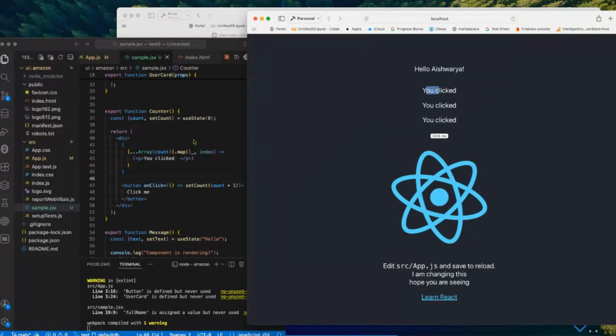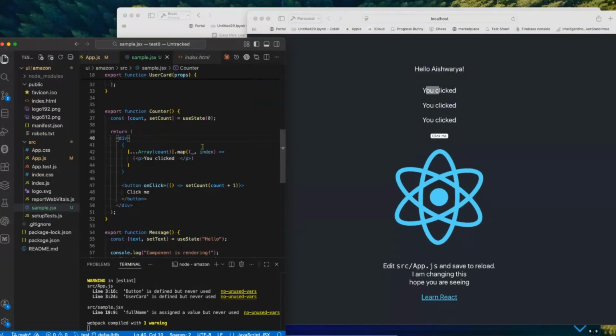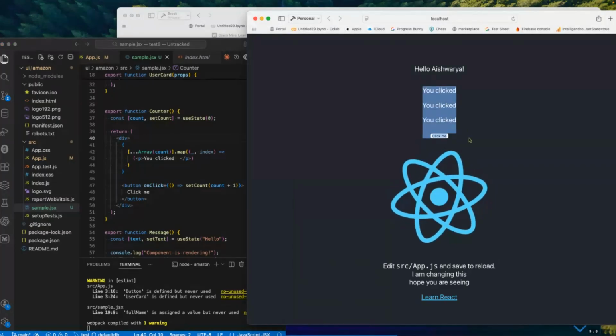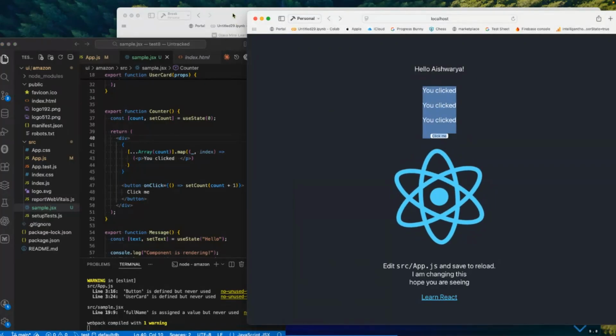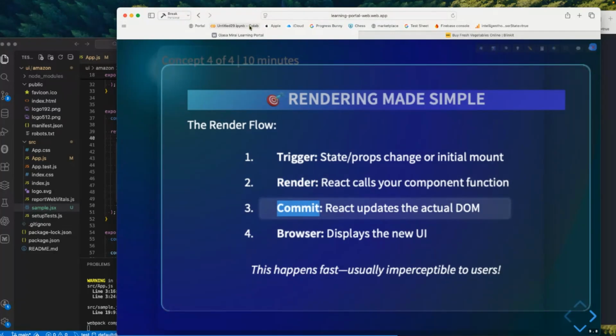That means whenever you click it, not only that particular value is changing, but the whole component is getting rendered. So this is what I actually wanted to say. The trigger is the button, and render means it will render the whole thing. Don't think that only values are replaced. It will render the whole component. Then commit. What is commit? So now you see that,